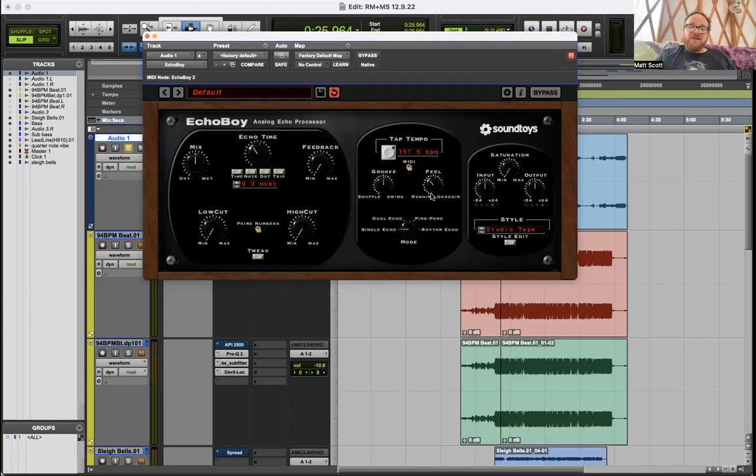So in the feel section here, you can rush that delay or that echo. You can make that feel like it's dragging. And I mean, a little goes a long way. You'll hear it immediately. And then as far as grooving, you can go between shuffle